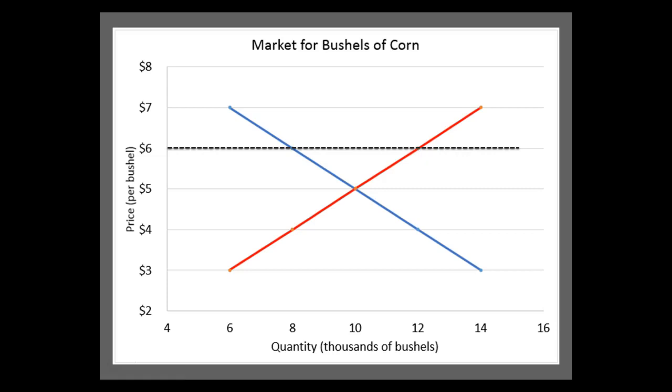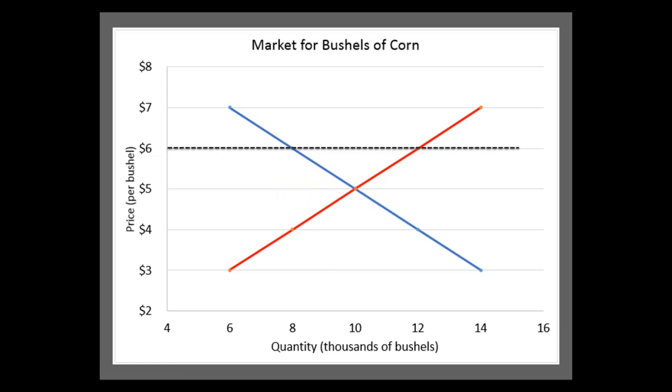There's too much stuff. Not only is there too much stuff, but when there was no price floor, the market had us selling corn at $5 a bushel, and we were selling 10,000 bushels. Now there's only 8,000 available. Why 8,000? Because you cannot sell what people don't want to buy. So while there are more than 8,000 bushels out there in the market, demanders only want 8,000 of them. And so there will be a lot of corn left over. So we have higher prices for products and fewer products being sold when we set the price floor.